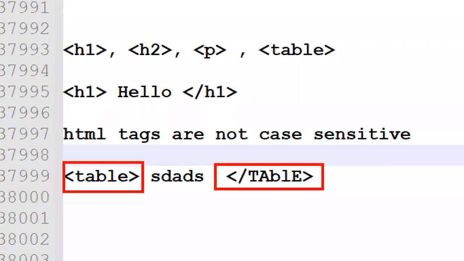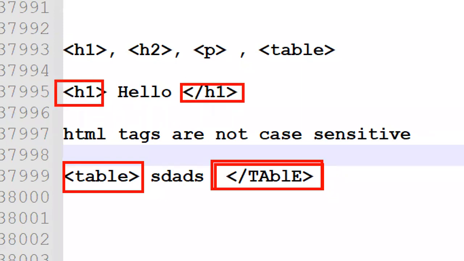But we need to follow the coding standards, guys. Industry standards we need to follow. If you write all combinations of letters, that is not readable. So you need to get in the habit of using all capital letters or all small letters, whatever you want.